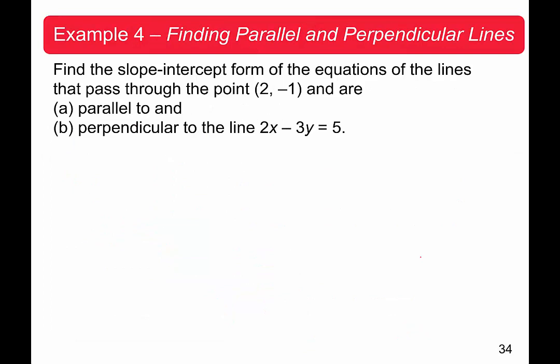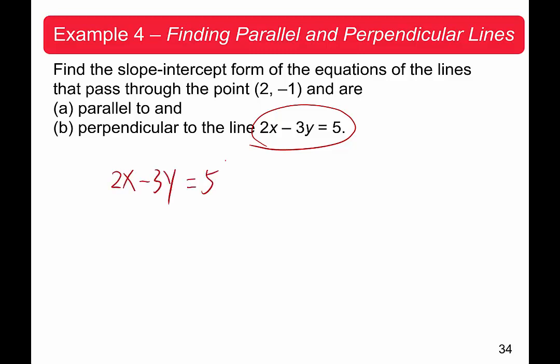And let's use the general guideline to find the parallel and perpendicular lines. Let's say: find the slope-intercept form of the equation of the line that passes through the point (2, -1). The first one is parallel to the given line 2x minus 3y equals 5. The second one is perpendicular to this line. Since we're going to use slope to tackle the parallel and perpendicular lines, we need to identify the slope first. So we use the original equation,